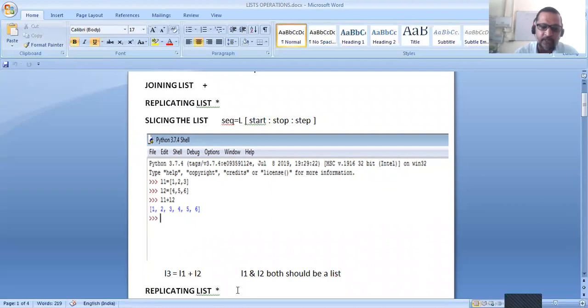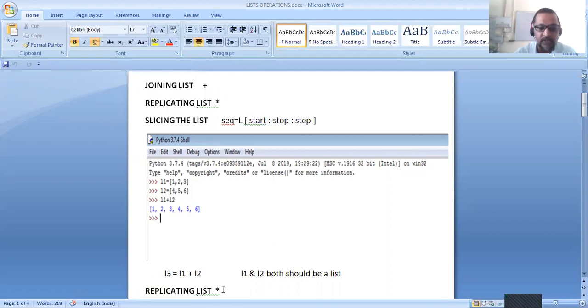Now let us see replicating list. For replicating or duplicating a list, we use the star operator or asterisk operator. This operator we use in normal mathematics for multiplication. Let us see how. Suppose there is a list L1, which we defined earlier, containing elements 1, 2, 3.